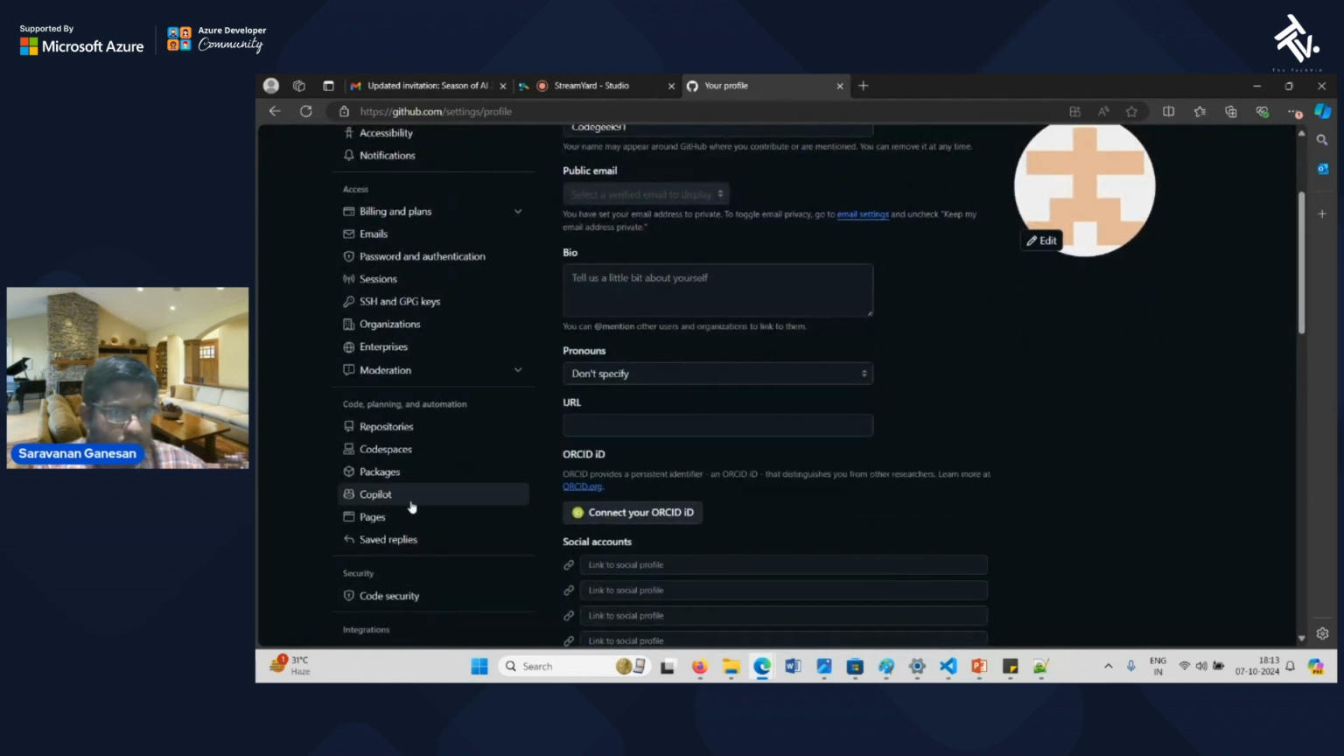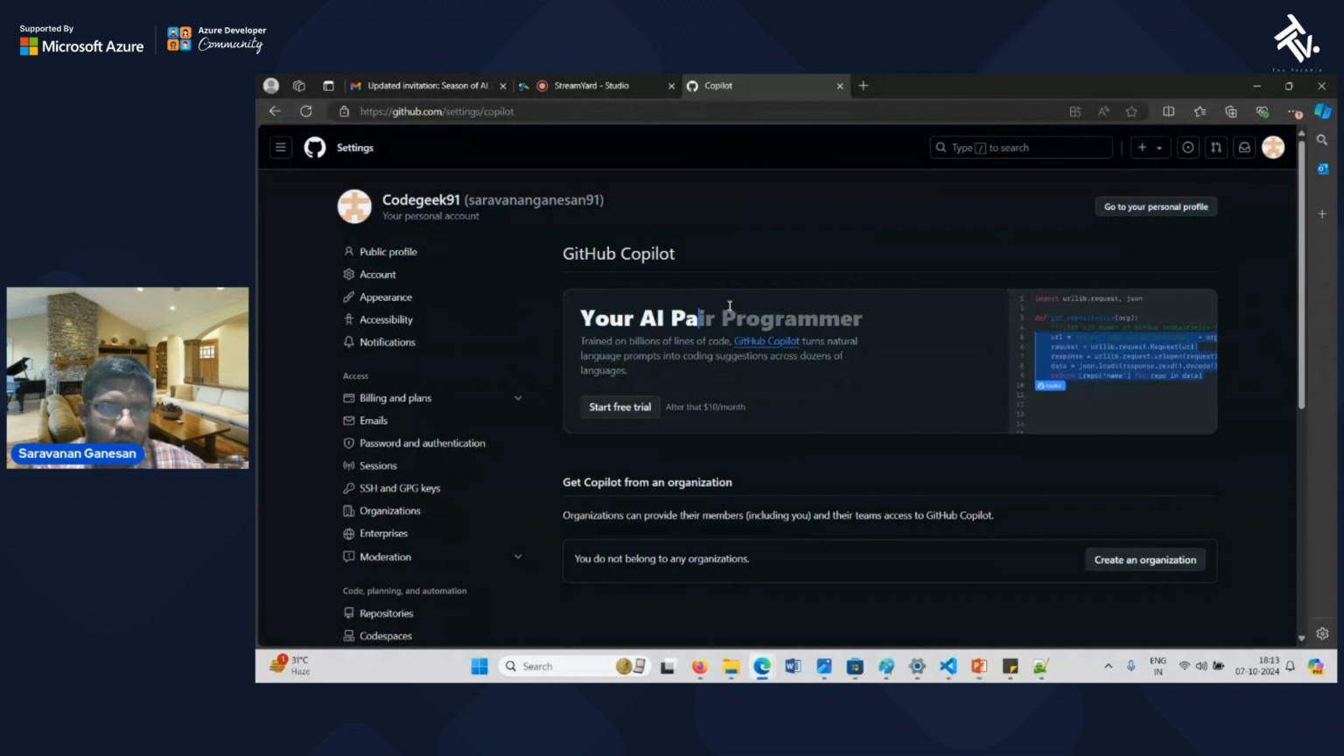Do you have a Copilot? Once your billing was done, you can see here that your AI pair programmer has been given, and it has been authenticated as well. So now once your GitHub Copilot has been enabled,